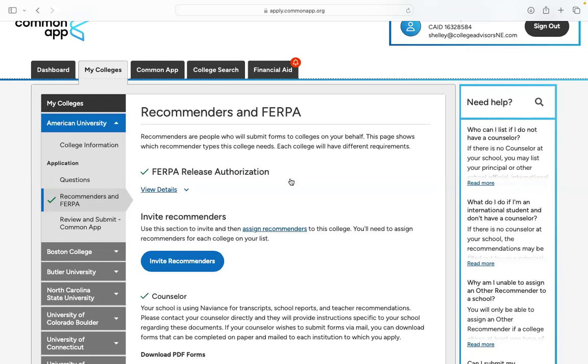So I would say another way to understand what they're going to be asking teachers and counselors about you is to download, right in this portal, the teacher and counselor forms that they'll be filling out and see the questions that they're going to be asked. So that's just a hint. I would do that,